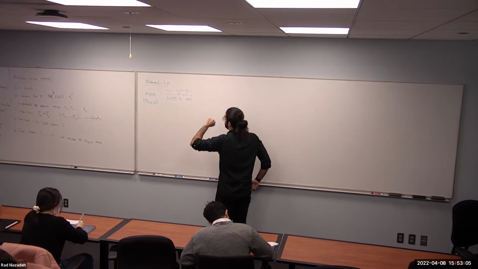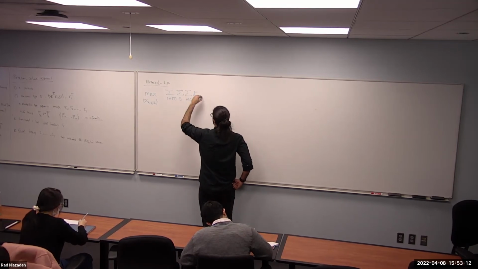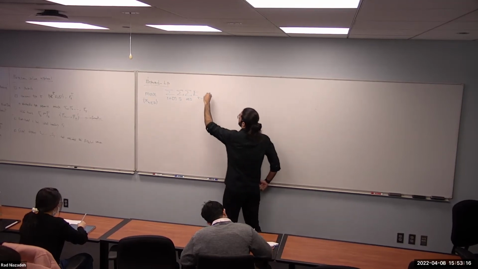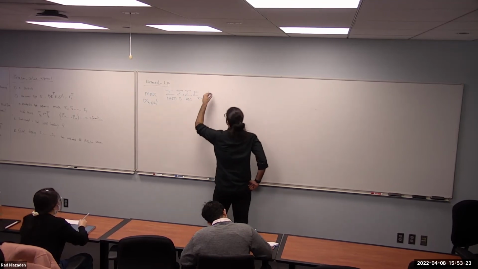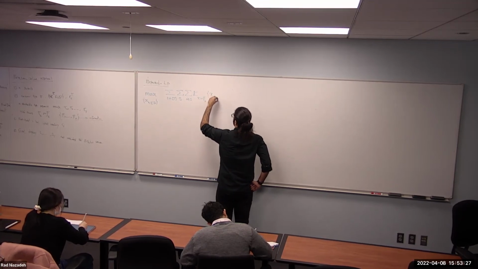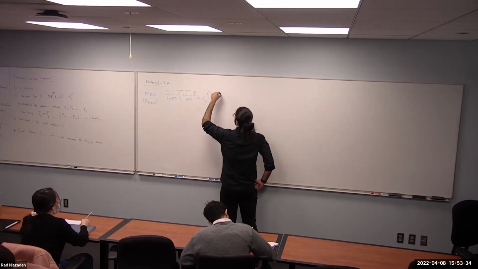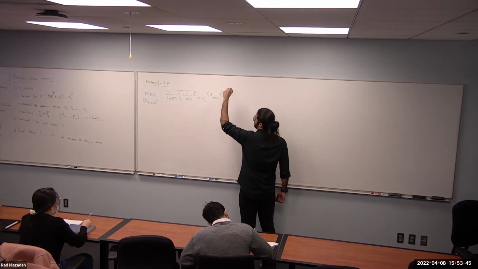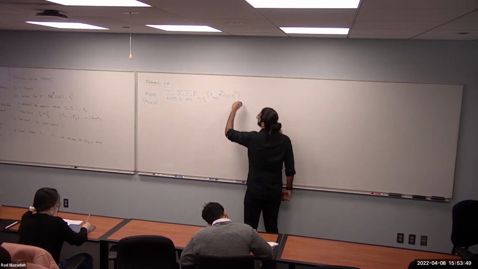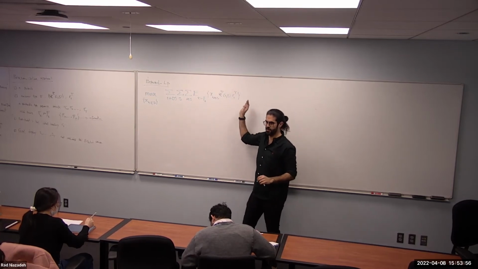Now, let me write it in the language of expectation because it's just easier. The expectation is over tau realized from the corresponding distribution at time t. Given a specific realization of tau, you assort set S with probability x of t, tau, and S. Then the consumer comes and picks item i with probability phi of tau, i, and S. Then you get the revenue, which is R of i, tau. This expectation is essentially another summation, but I write it in the language of expectation because it's just easier. It's a linear function,